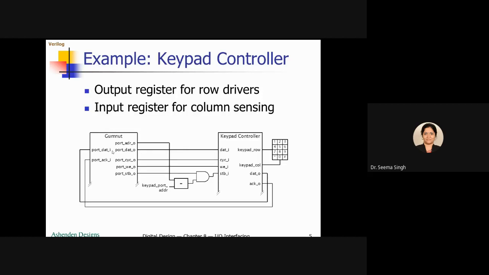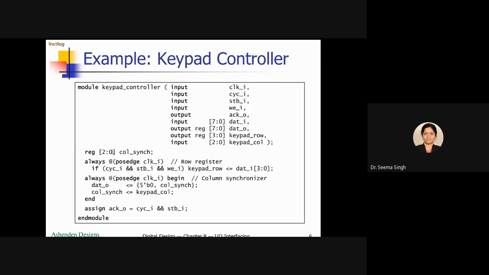So this is one example. Now you will see further things. Now you see this program. In this program, what all is there? What all you had seen in the previous slide for the block diagram, all those inputs are here. Clock input, cycle input, strobe input, write enable input, output is also there.